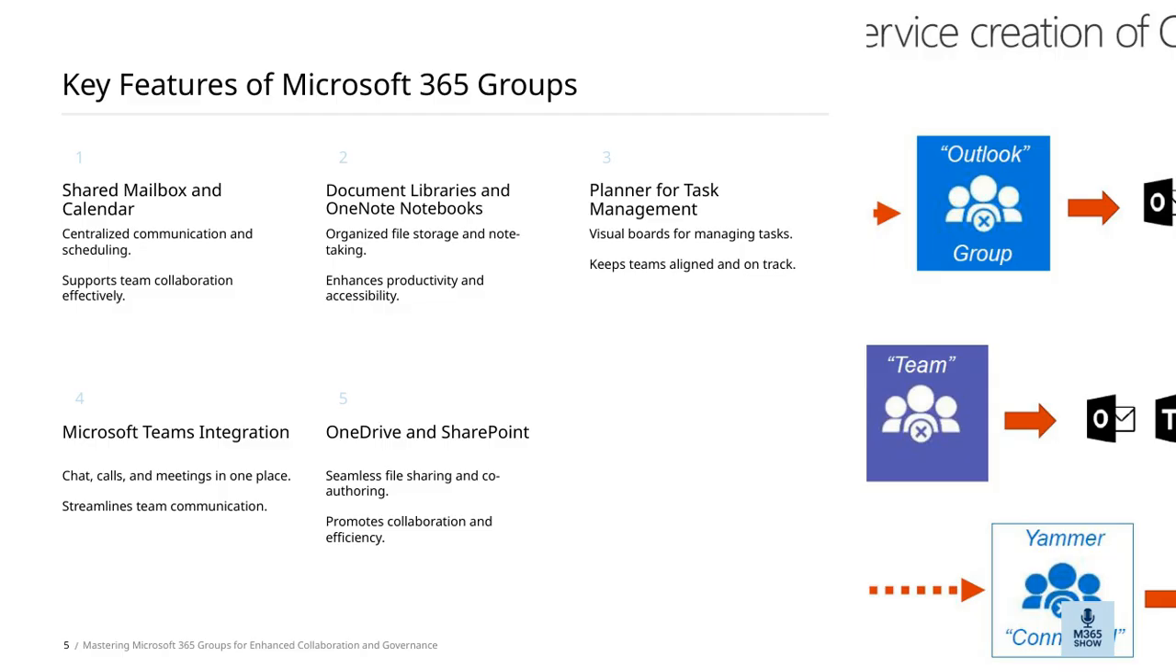Another important feature is visual boards for managing tasks, like Planner. This helps keep teams aligned and on track by providing a clear view of project progress and responsibilities. We also have organized file storage and note-taking options, such as document libraries and OneNote notebooks, which enhance productivity and make information easily accessible. Finally, centralized communication and scheduling are supported through shared mailboxes and calendars, which help teams coordinate effectively and stay organized. All these features work together to create a cohesive environment that fosters collaboration, improves governance, and